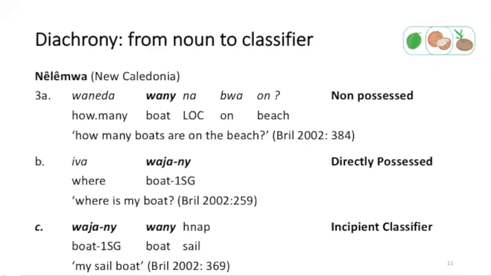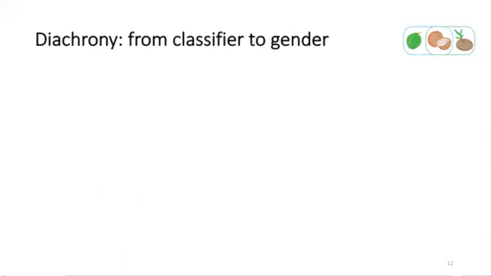So what was before posited as a theory of diachrony, of development of classifiers, is actualized by the variation given by the speakers. Now, on the other end of the line, we have the development of classifiers into markers of gender. In a canonical gender system, it's only one gender to a noun, and in the usual view of Oceanic possessive classifiers, there's a high degree of fluidity or overlap.